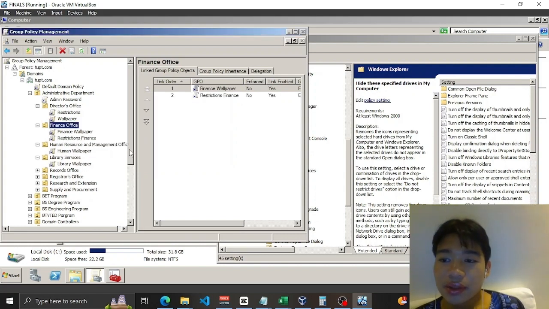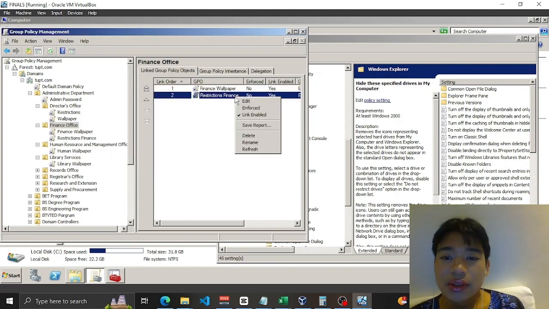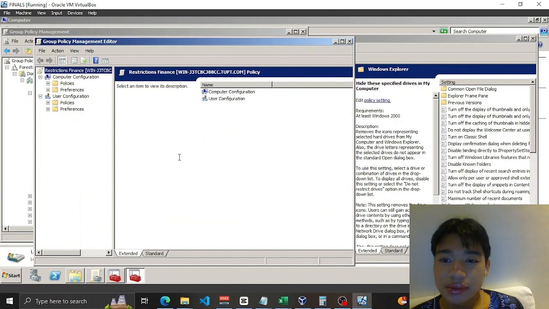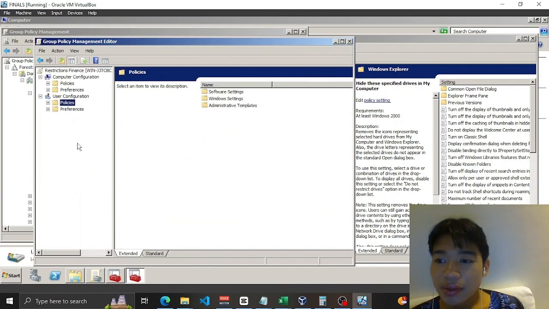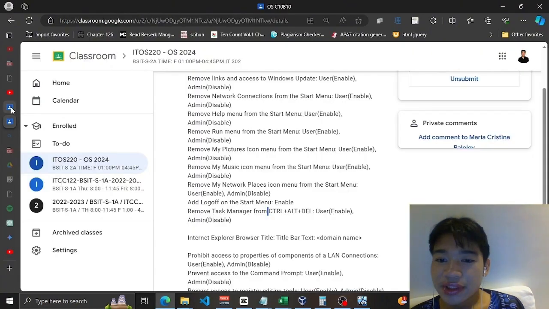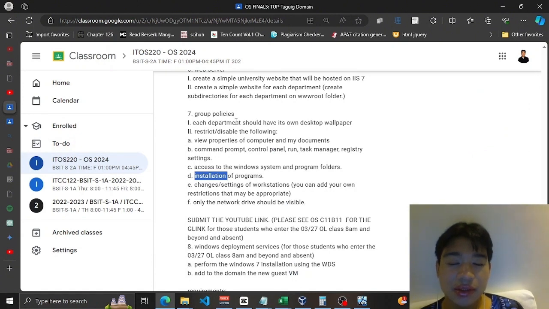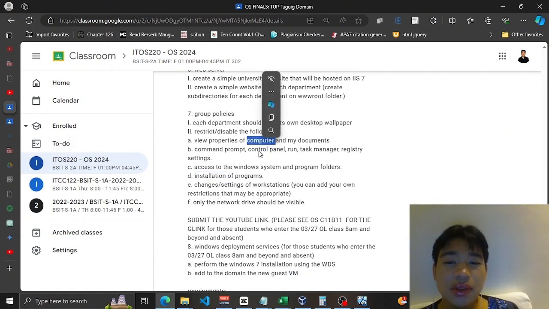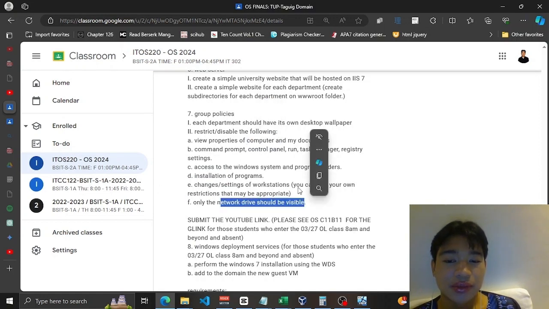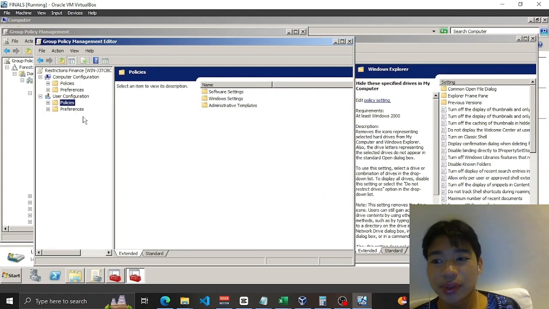So to copy and then edit. So first is the view properties of my computer, and only the network drive should be visible, so it's as one. So all it is